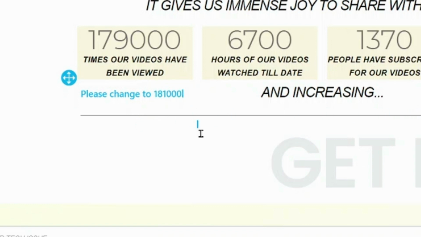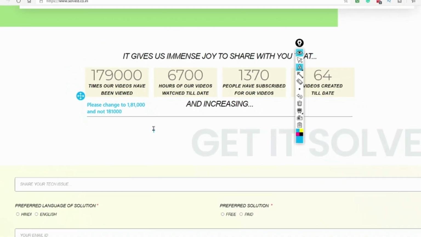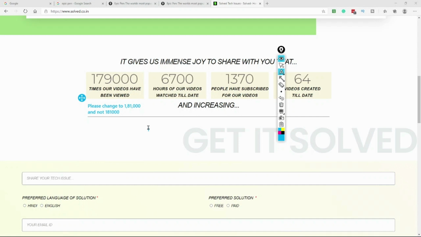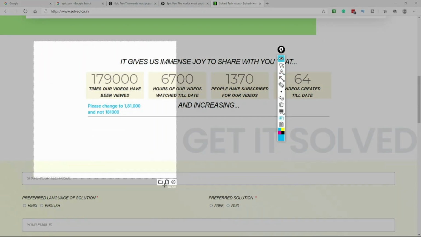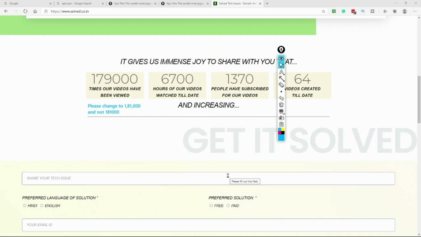And in case I wanted commas, because that makes it easier to read, I can always write 1,81,000 and not 181, so that the goal which I want to achieve is achieved in the first instance and I don't have to again and again tell the same. Having something visual is much easier for the other person to understand versus just the verbal talks. So I will simply take a screenshot of this, save it, and it goes to my desktop and I'm good to go.